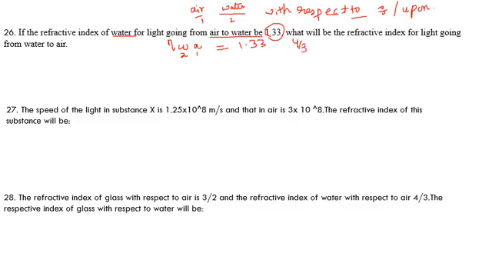Okay, when you get this type of question, again you have to write refractive index of water with respect to air. First water, then air, which is nothing but 4/3. So I am simultaneously doing two types of sums. Now, what will be the refractive index of light going from water to air? Initially, the light was going from air to water. Now, it is going from water